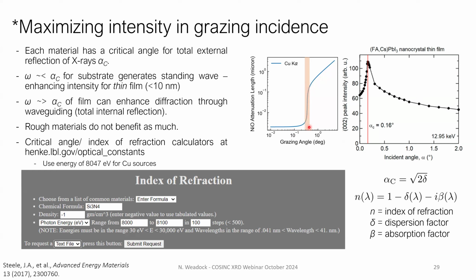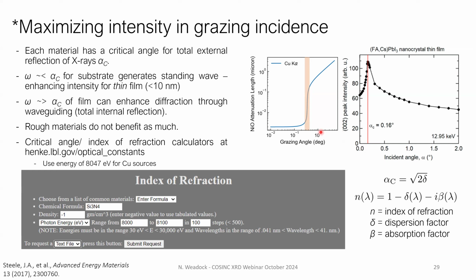And this sort of transition region here has some interesting physics that you can utilize to enhance the intensity from your sample, assuming that it's a nice flat sample. If you set your incidence angle to be just below the critical angle of a substrate with the film on top, you'll generate some evanescent standing wave at the substrate and film interface that will enhance the diffraction